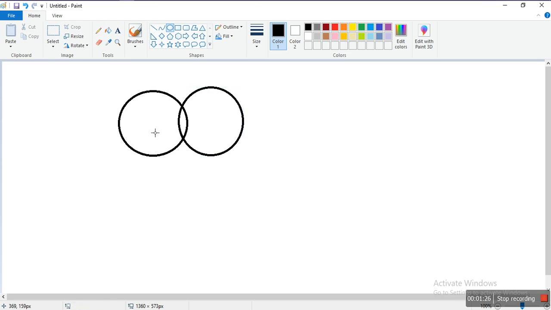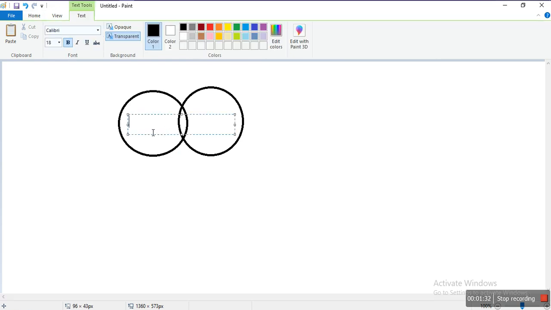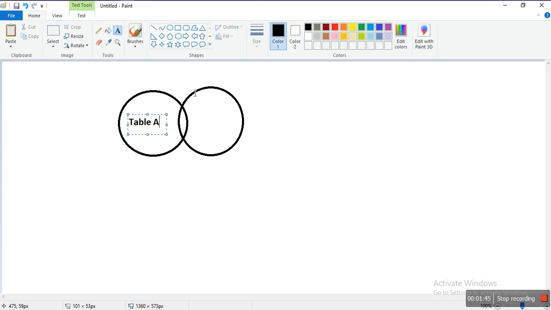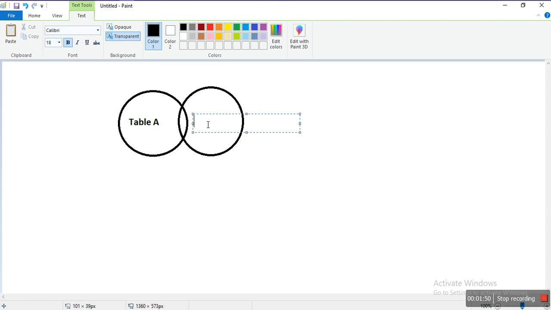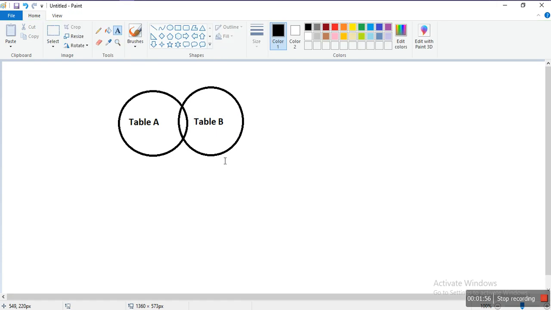Here we take this circle as table A and this one as table B. Then, guys, see here.